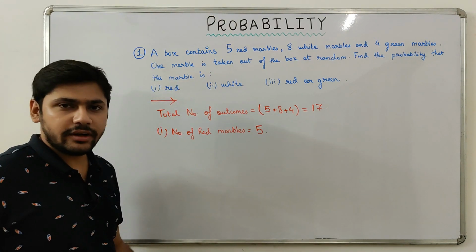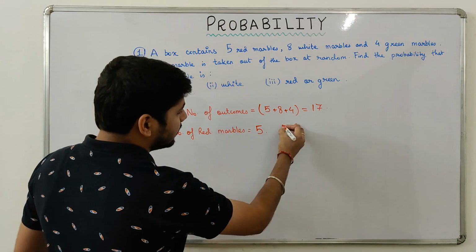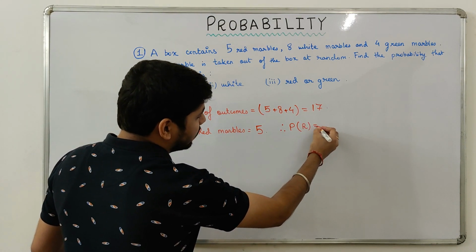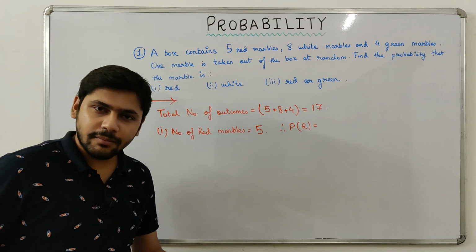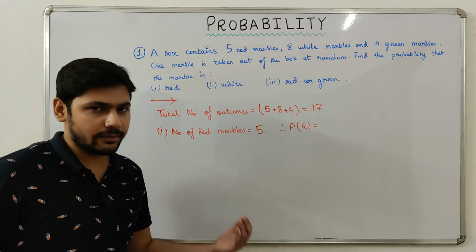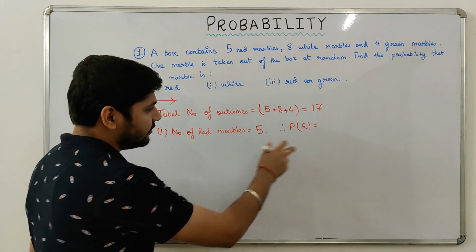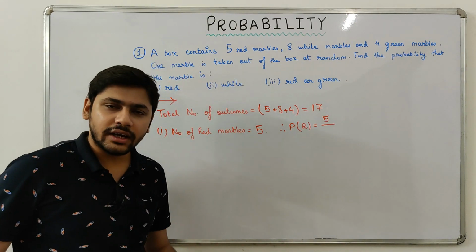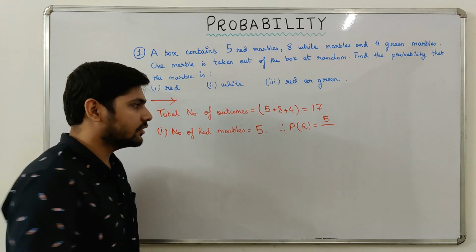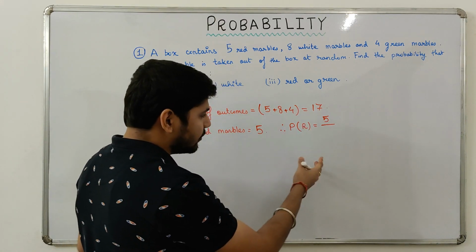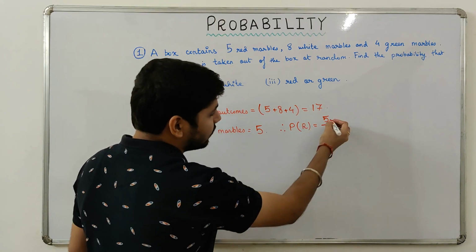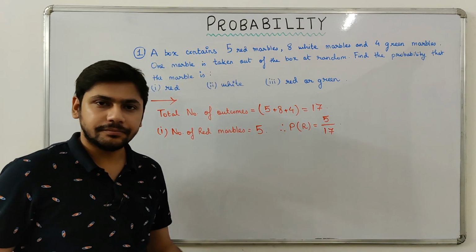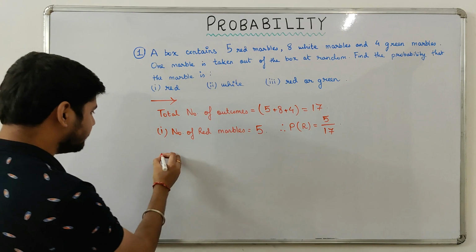Now we can easily calculate the probability. Therefore, probability of getting a red marble is equal to the number of red marbles present in the box, so 5, divided by the total number of outcomes, so 17. So the probability of getting a red marble is equal to 5 by 17. Simple. Moving on to the second subpart,